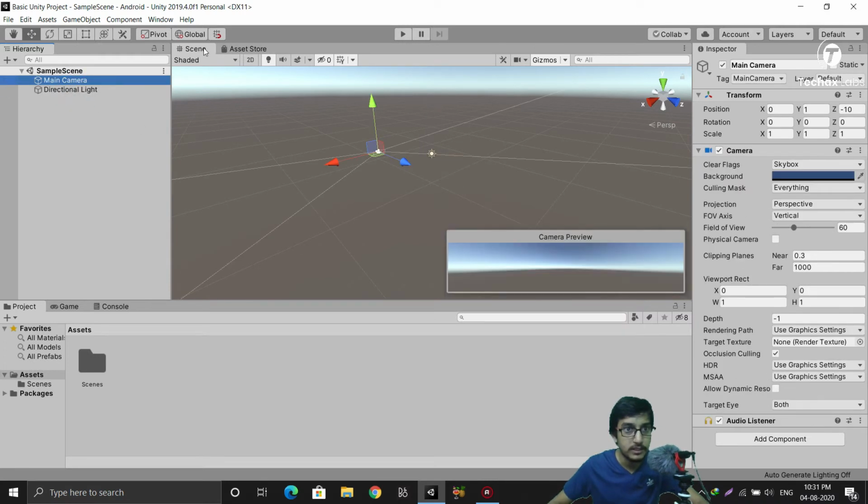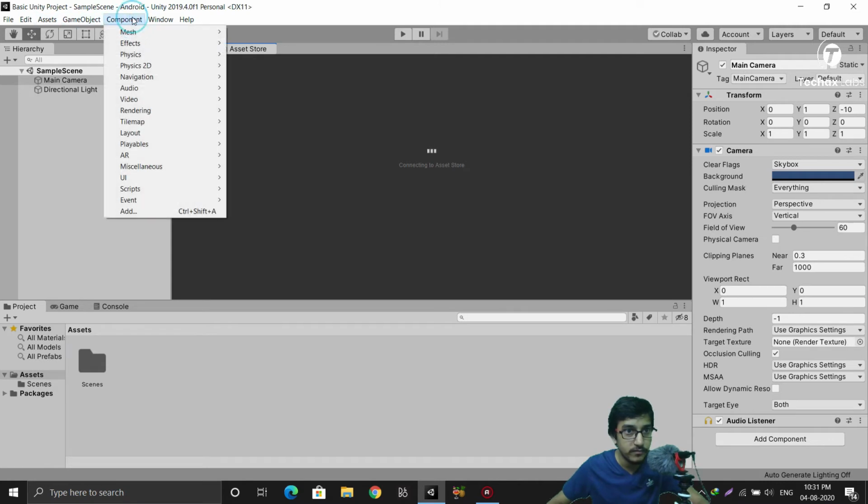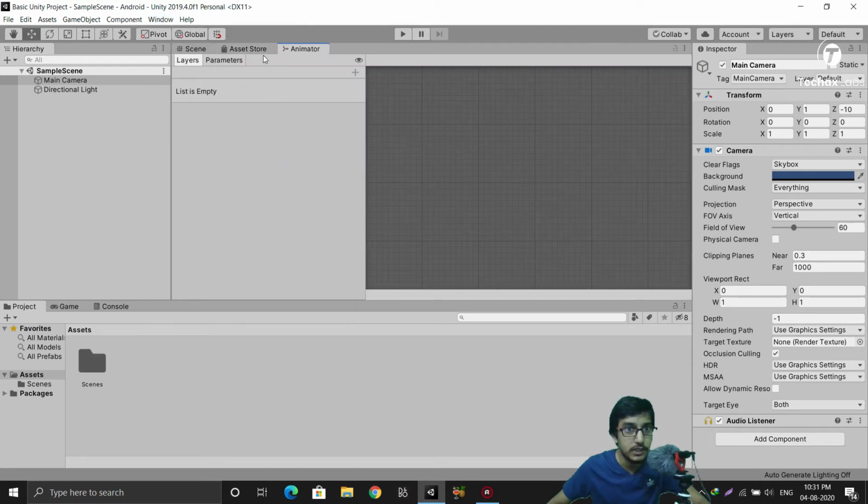And here you can see the windows which I have got, scene and asset store. Currently no animator is here. You can add this animator over here. Here you can see from windows, animation, animator. So you can see the animator is added. Someone was asking in the comment section where I cannot find my animator.